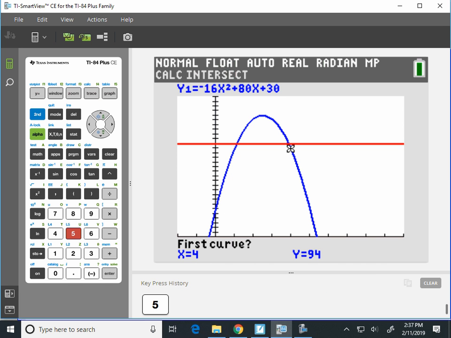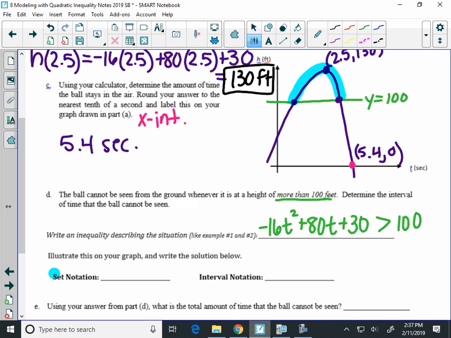Now I'll find the right one first here. I don't have to move the cursor yet. I'm just going to hit enter 3 times. And it tells me that that happens at about 3.9. Remember, we're doing a tenth here. 3.9, comma 100. So I'm going to label that on my graph. This is the point 3.9,